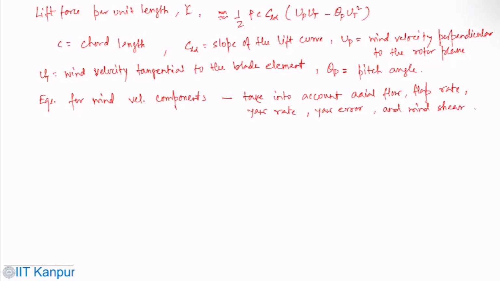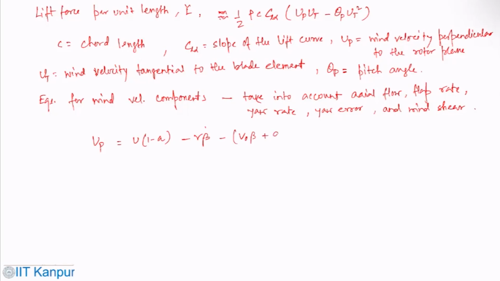So obviously the details of these individual components can be derived later on. So what we have is UP is U into 1 minus A minus R beta dot